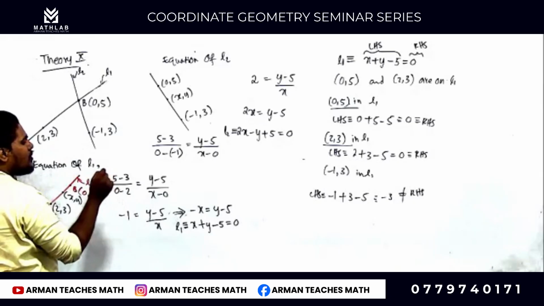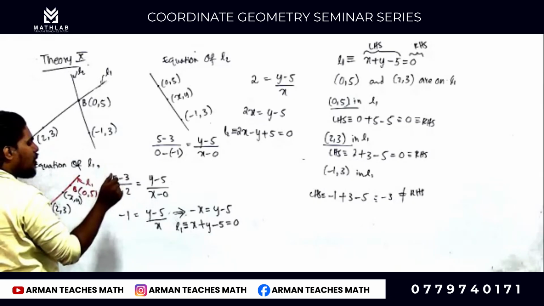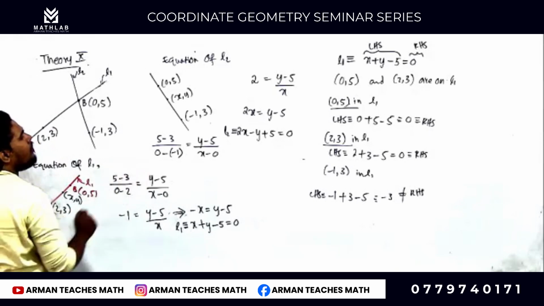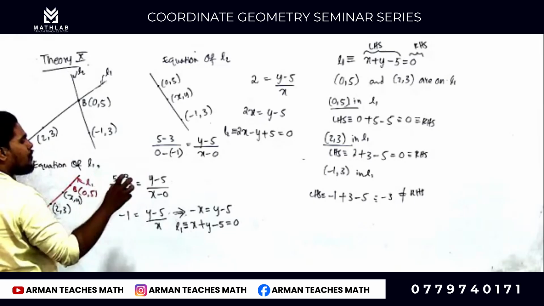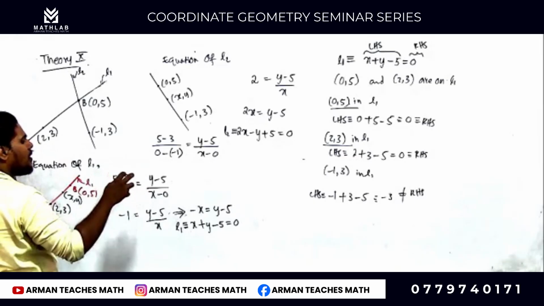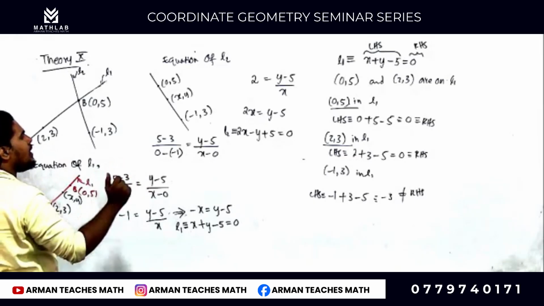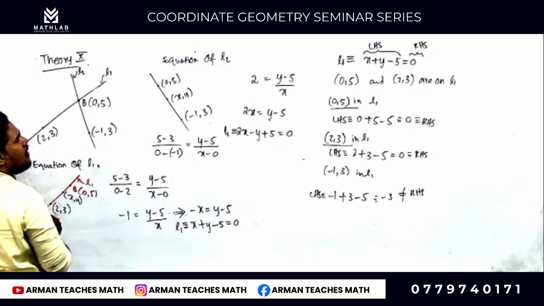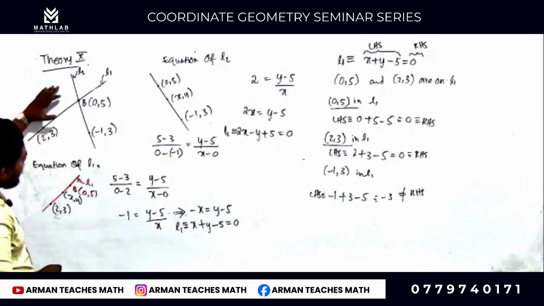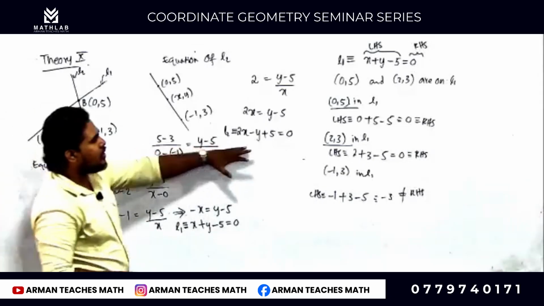The equation of a straight line is satisfied by the coordinates of points on that straight line. Other than that, if you substitute the coordinates of any point which is not on the straight line, it is not going to satisfy the equation of the straight line. Right, in theory 10, draw this one and develop the two equations,